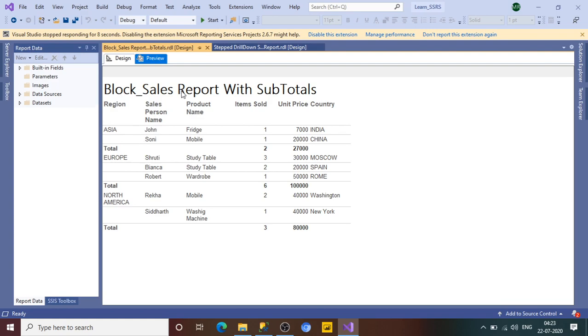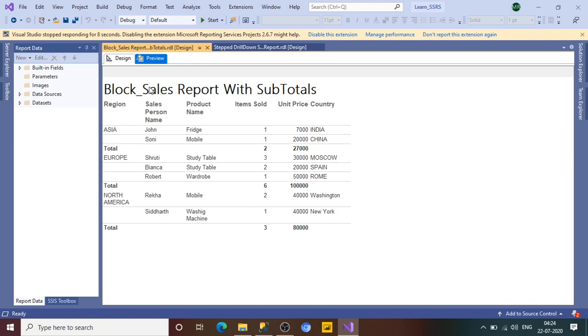If you see this, the name we have given will be coming as a header, and this is the region Asia, and this is the region Europe and North America, and the total is also coming, like items sold. It has automatically checked which column is not varchar, so that we can put the sum or aggregate on an integer type column, not on the varchar data type. Like item sold is integer, unit price is also integer or decimal. So it has taken these two columns and put the sum aggregation on these columns and given the total values here. So this looks very bad.